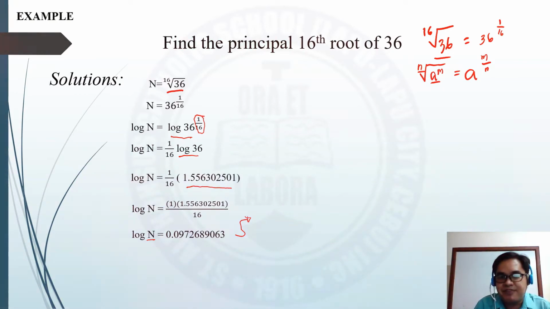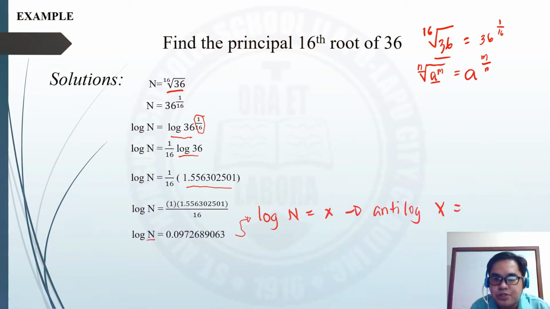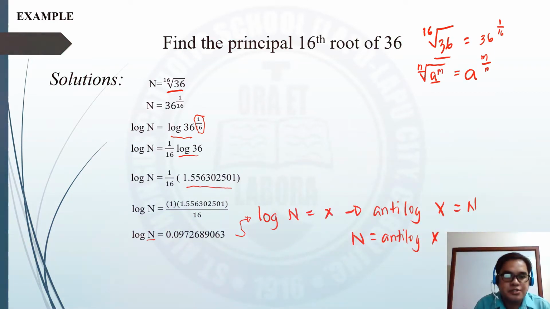Now, since we are looking for the value of n, we will be using the concept of the antilogarithm. According to the concept of the antilogarithm, for every logarithm of n equal to x, we can consider this concept antilogarithm of x is equal to n, or n is equal to antilogarithm of x. So therefore, this equation will become n is equal to the antilogarithm of 0.0972689063, and get the value of this antilogarithm using your calculator,